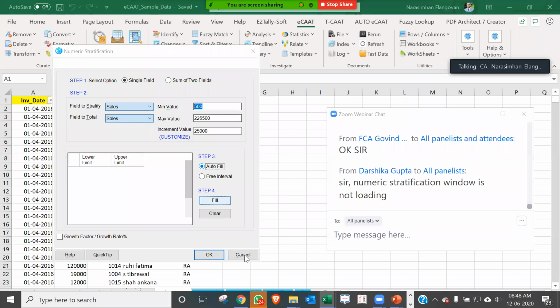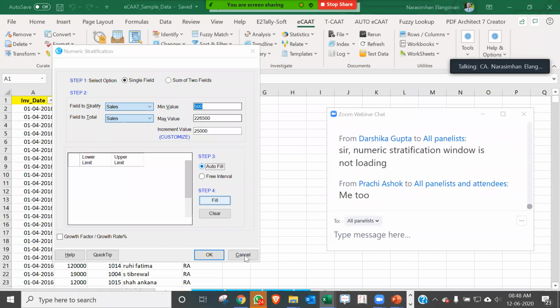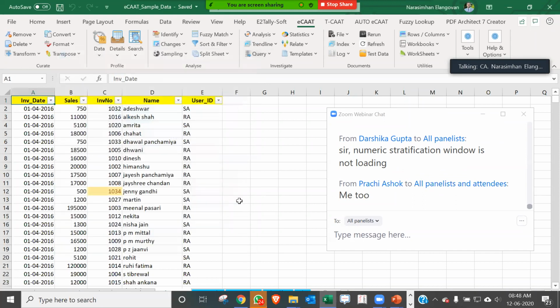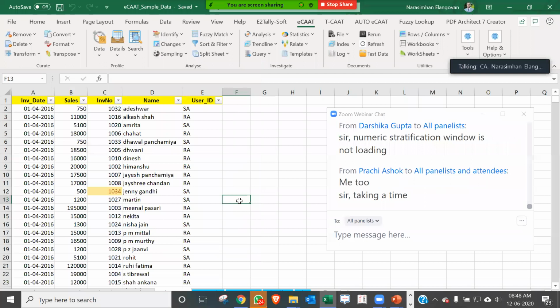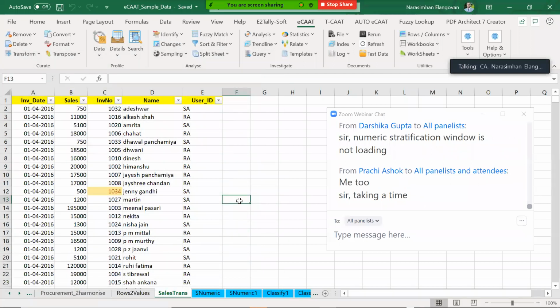Few of you may be facing a couple of one or two challenges depending upon how the data is being loaded. It depends on your Excel, etc. But you can always close this and try once again, or close your spreadsheet, give it a try once again. As I told you, sometimes depending upon the system features also, it may take a little longer. So I've got one response from Pavanji. Pavanji, can you please try to give few more cases? If you see in the WhatsApp group, whatever Pavanji has dropped, it's saying that there is something called upper bound and lower bound. The reason is because it is outside the class intervals.